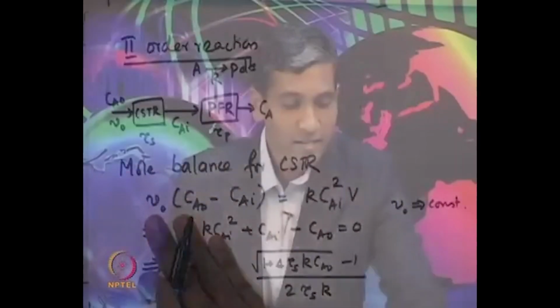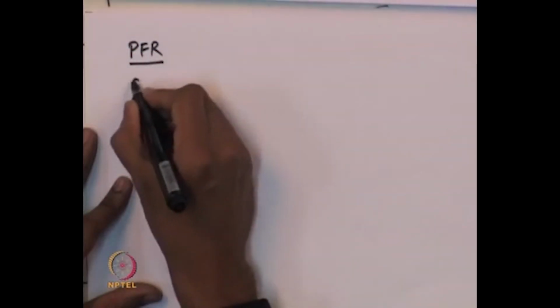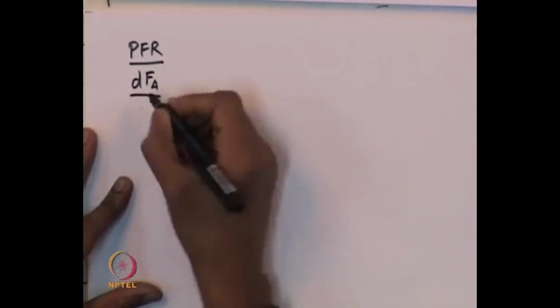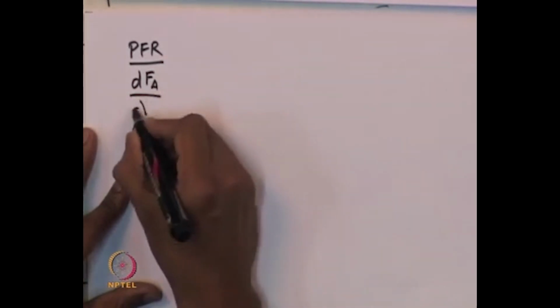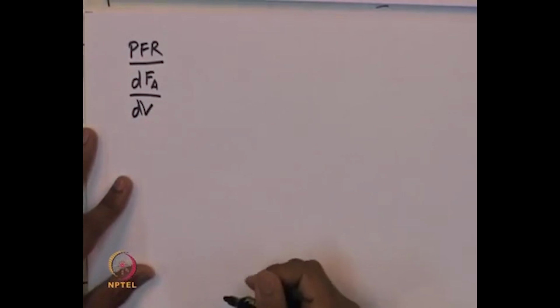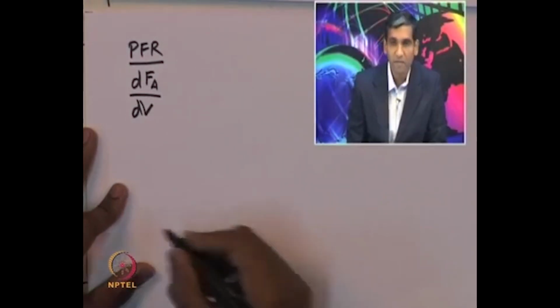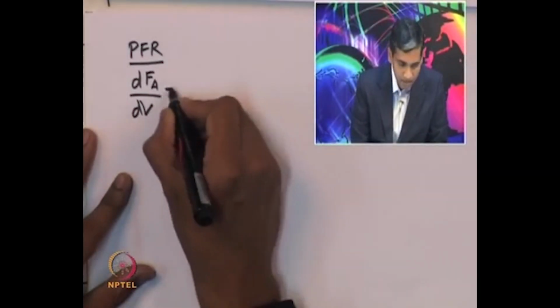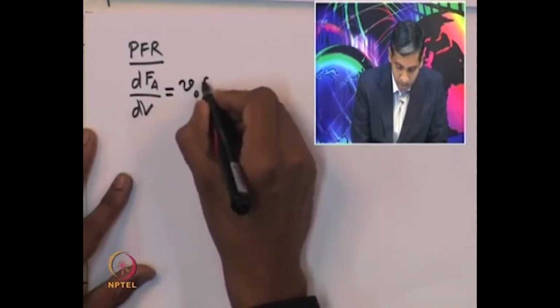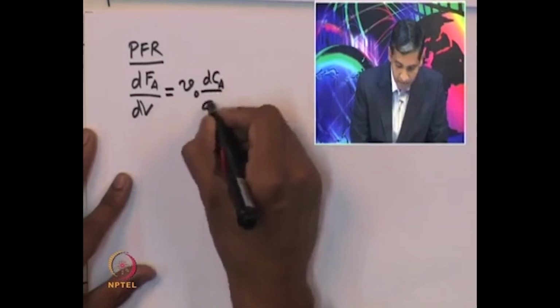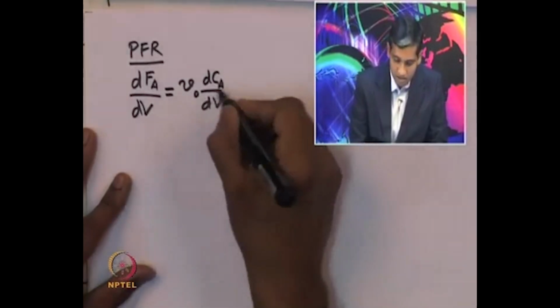So, now let us write a similar mole balance for the plug flow reactor. Let us write the mole balance for a plug flow reactor. So, that is given by dFA, where Fa is the molar flow rate of the species that is flowing into the plug flow reactor, divided by dV, where V is the volume of the reactor. That should be equal to V naught into dCA by dV and that is equal to